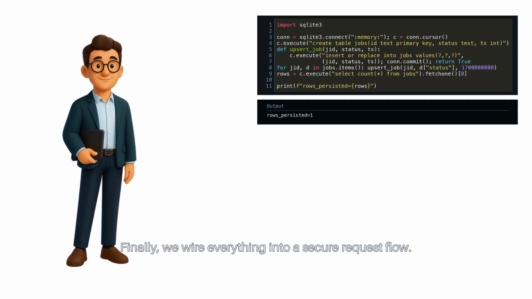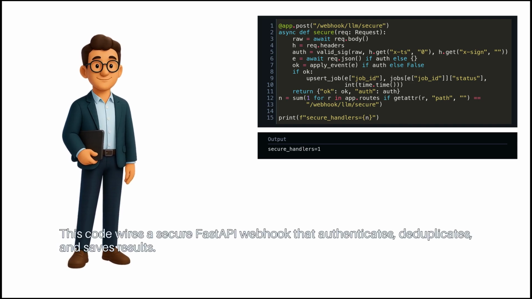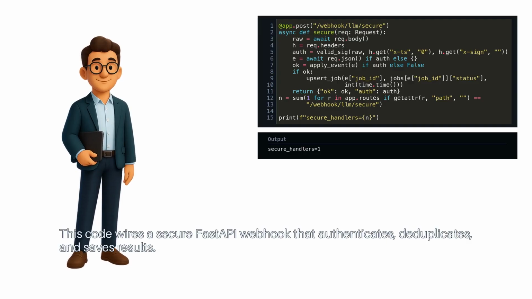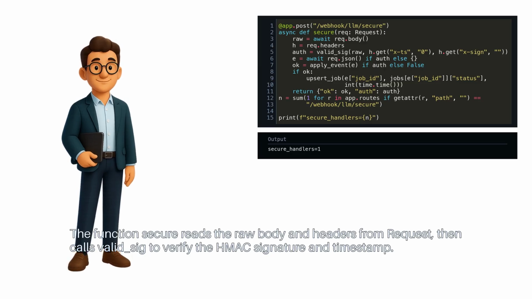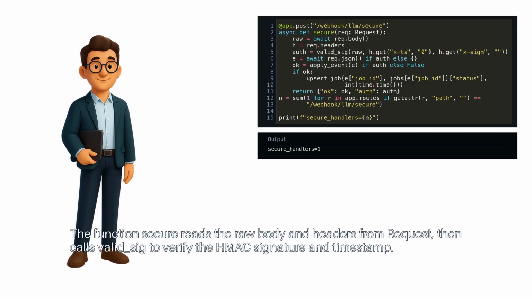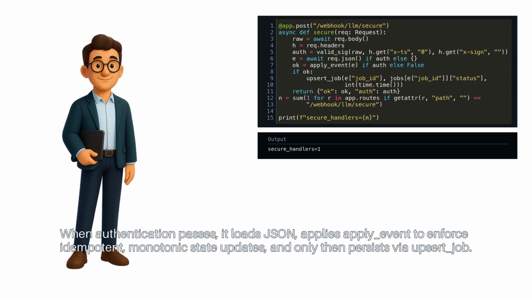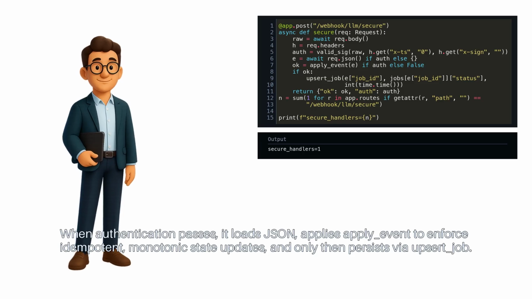Finally, we wire everything into a secure request flow. This code wires a secure FastAPI webhook that authenticates, deduplicates, and saves results. The function secure reads the raw body and headers from requests, then calls valid_sig to verify the HMAC signature and timestamp. When authentication passes, it loads JSON, applies apply_event to enforce idempotent monotonic state updates, and only then